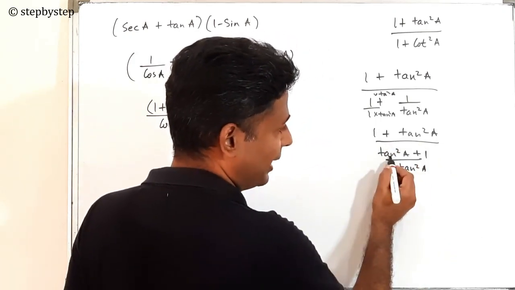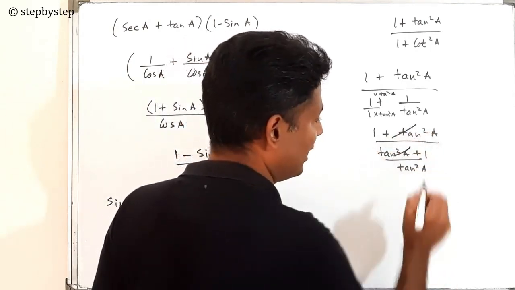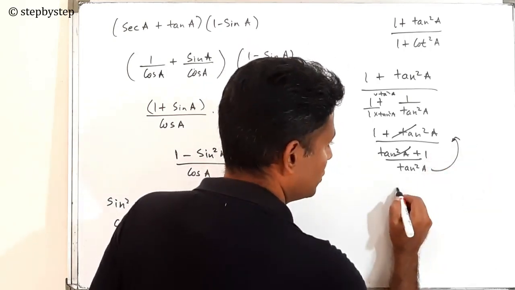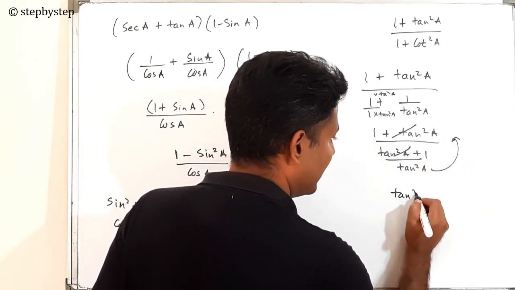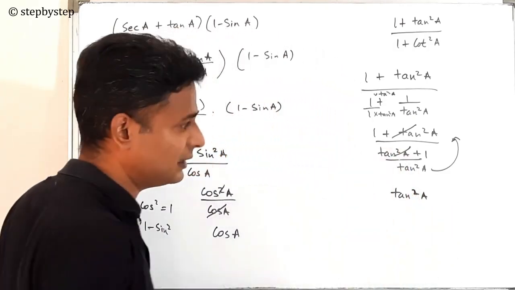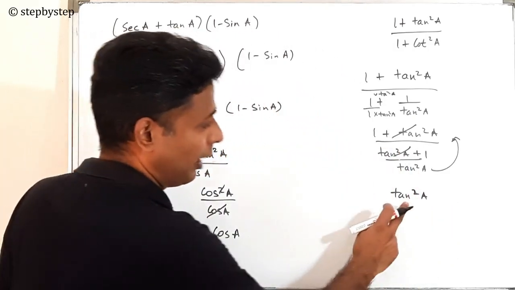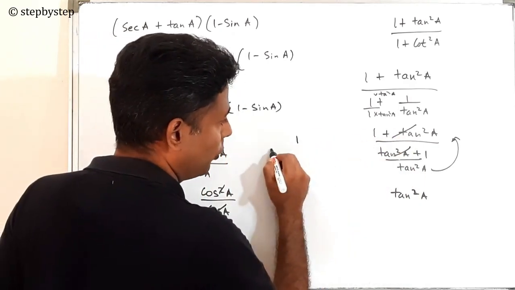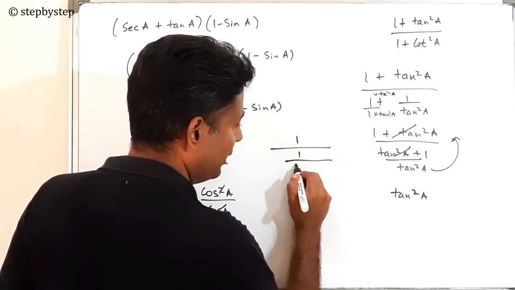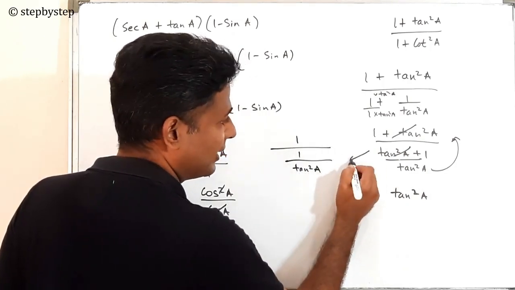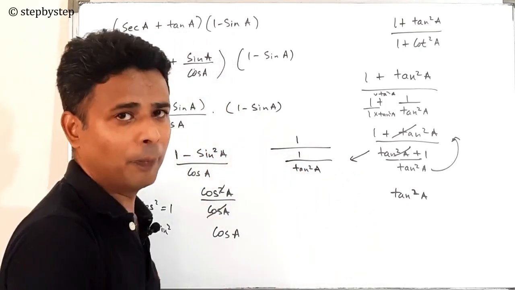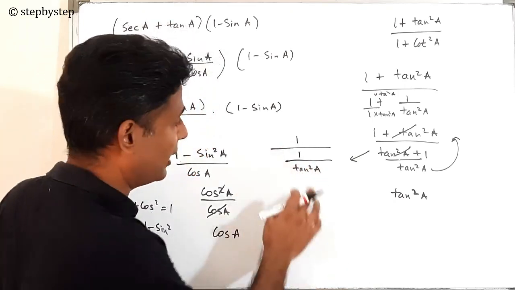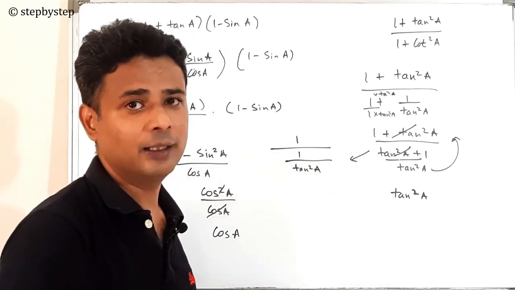So now 1 plus tan square a and tan square a plus 1 are the same thing. So this cancels, and this is the denominator, so the denominator will go up. So I get 1 into tan square a, that is tan square a, whereas this is 1. So the answer is tan square a. I hope you guys understood how I got this. I'll explain again. 1 plus tan square a cancel. So what do we get? 1 by tan square a. From here we get this, right? So the denominator will go up. Always the denominator goes up and down, if you remember. So 1 into tan square a by 1, which is tan square a.